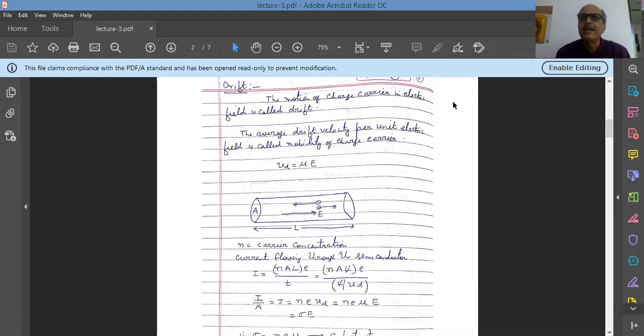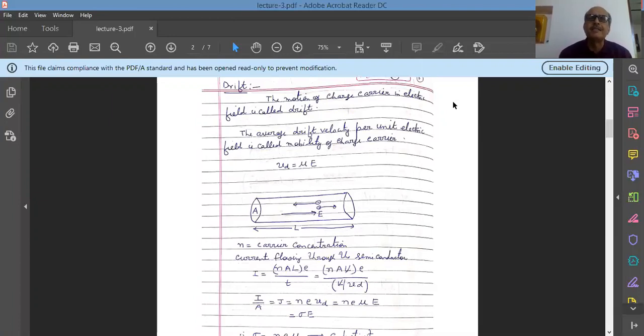If you look at the picture inside the metal, the electrons are not free. They keep on colliding. You must have read about mean free path and relaxation time. The time between two collisions is called the relaxation time. The free path traversed by the particle between two collisions is called the mean free path. So if you find the average of all these times in the equation v = u + at, we make use of tau and write v_d = (eE/m) tau. So v_d is proportional to the electric field.